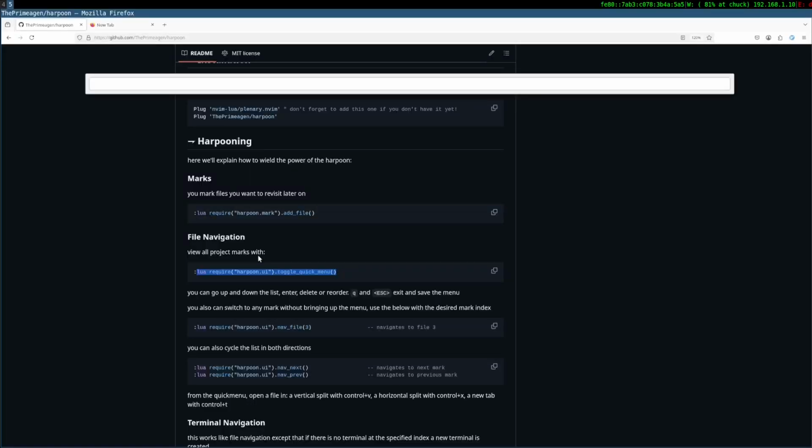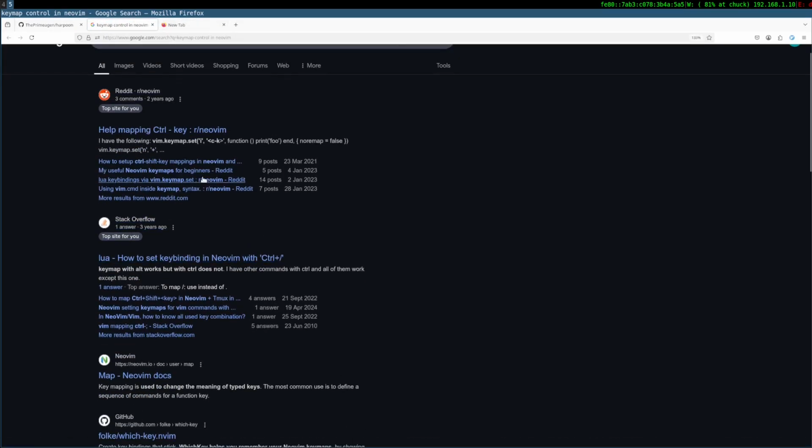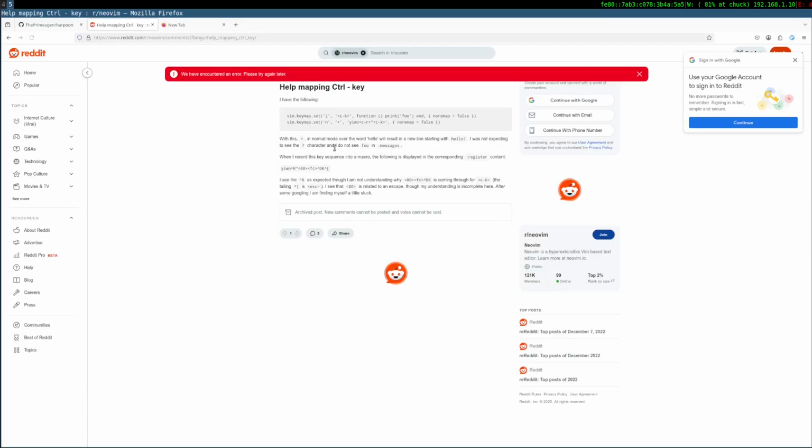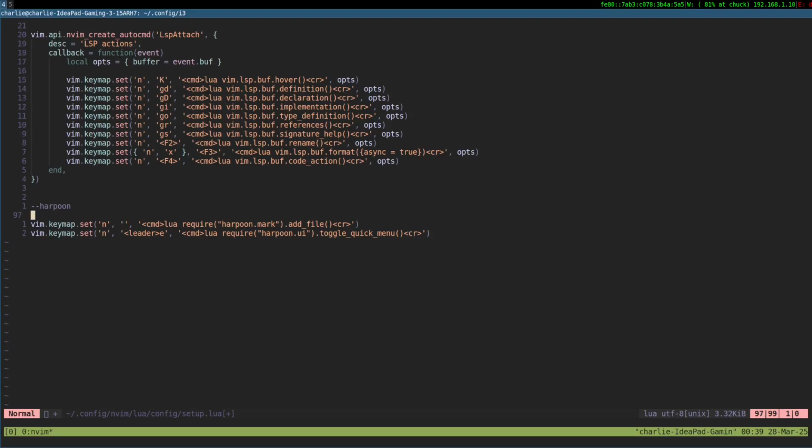Key map in Neovim. I guess my typing went to shit after switching OS. Or oh, you never know. Okay. Yeah.